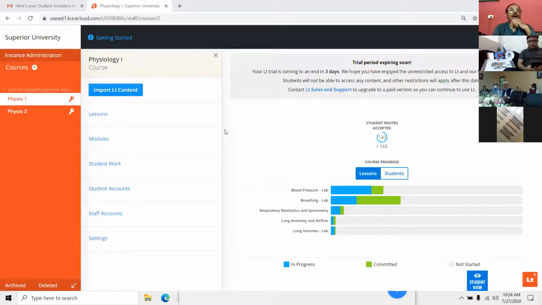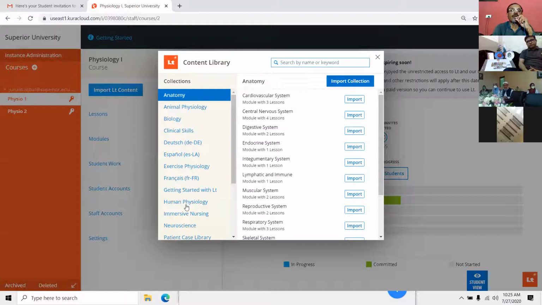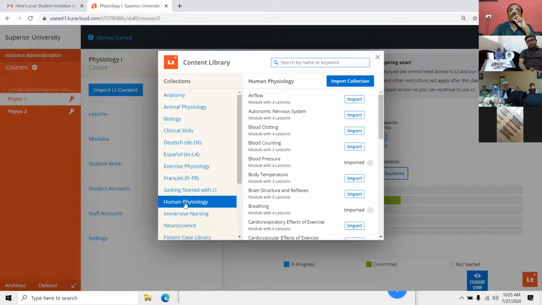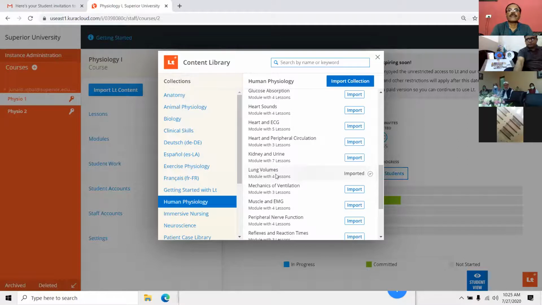So you will go to see this screen where you can import the content, as sir told you, for the different subjects like anatomy, animal physiology, biology, human physiology. So like human physiology, today we are doing practicals related to spirometry. For the spirometry, I have already imported the contents, spirometry contents, lung volumes and capacities. So I will go to open that